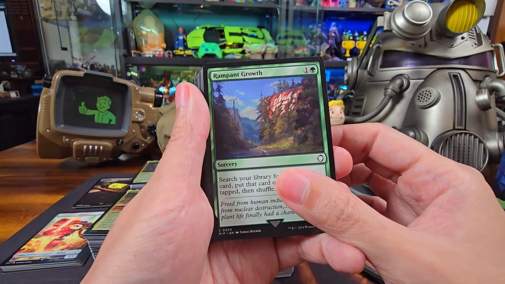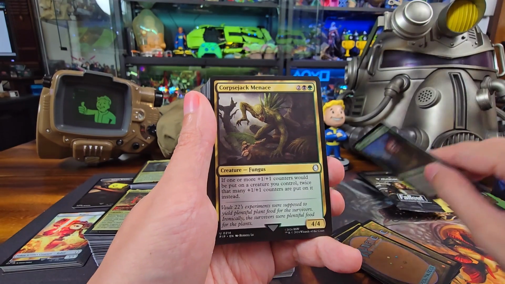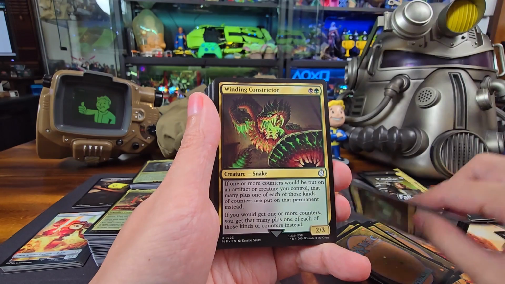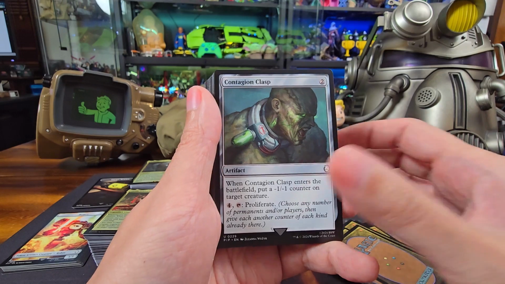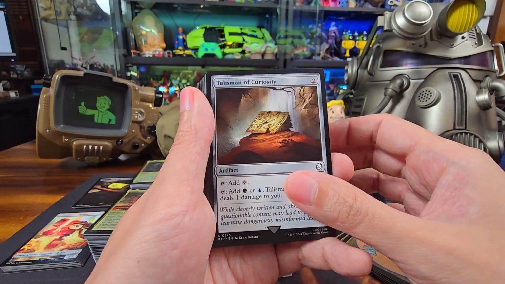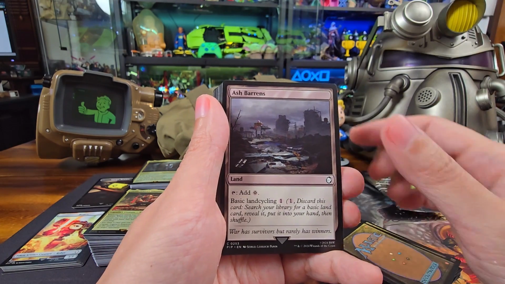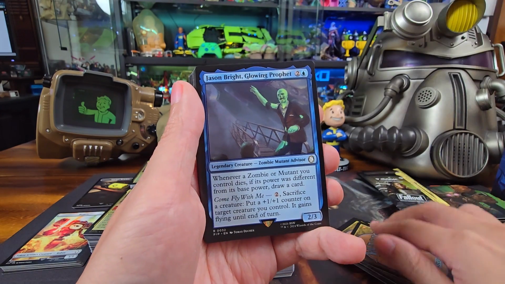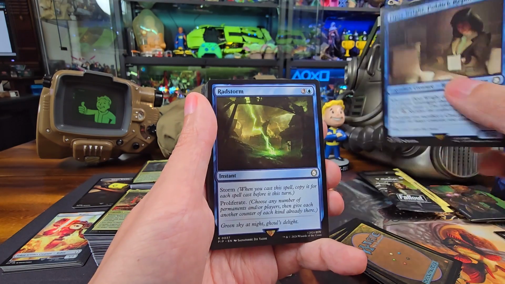Oh well, the green is really showing its strength right now. Corpse Jack Menace, Putrefy, removal, Winding Constrictor, Arcane Signet, Contagion Clasp, Soul Ring, Talisman of Curiosity. Gonna get plenty of talismans right now. Dominance, Resilience, Ash Barrens, Command Tower, Evolving Wilds, Jason Bright, Glowing Prophet, Maya Love Queen, Piper Wright, Rad Storm,